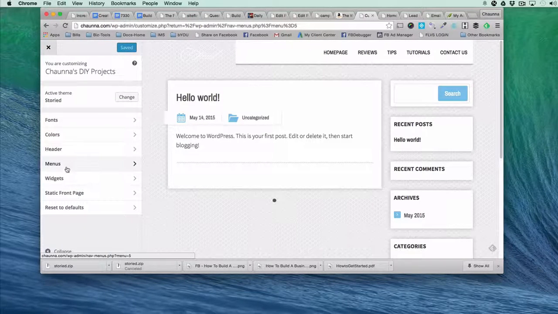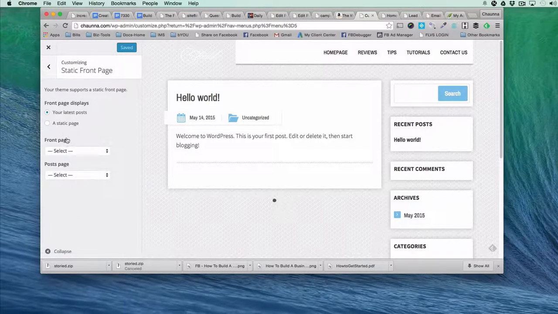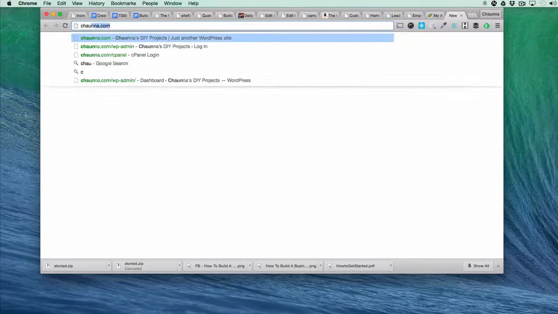All right, we've done header, menus, widgets. Don't worry about widgets just yet. And then the front page, that's what we need. So we want our front page to be a static front page. We don't want it. So right now when we go to Shauna.com,